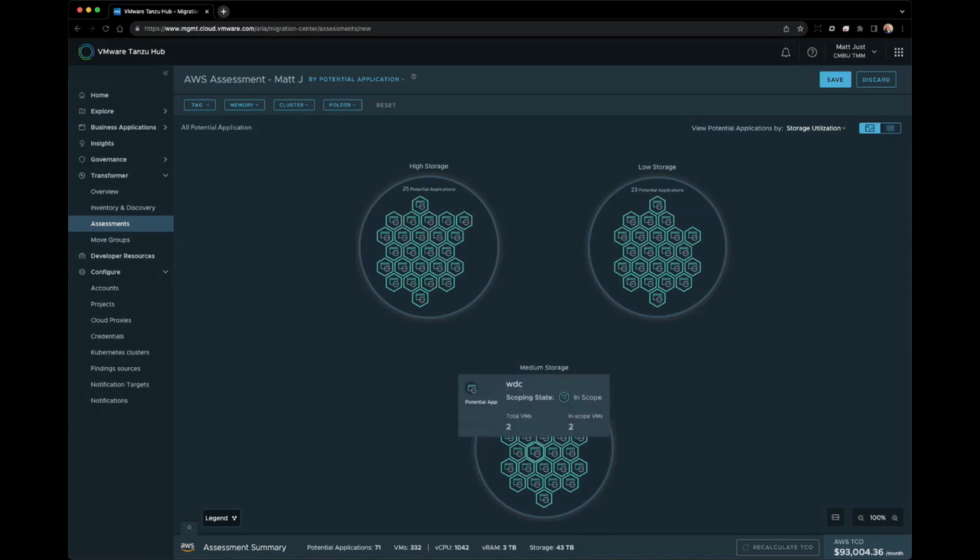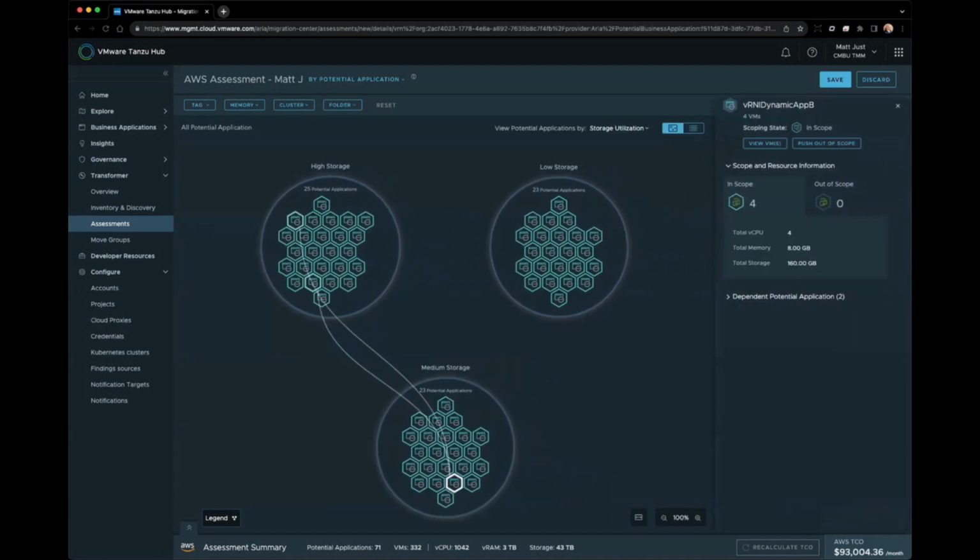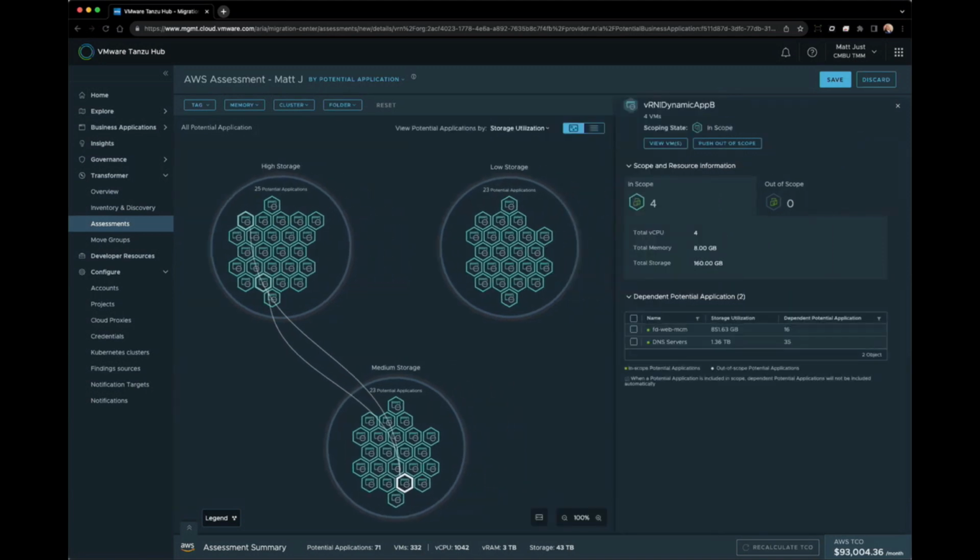So within our application, again, we can come in and choose an application to focus on. So within this one, we'll click on an application. And again, we can also take a look at the dependent potential applications. So over here, based off of the flow analysis and the data analysis that we're doing and the algorithms that we're running, we can take a look and see what my dependent potential applications or members are. So in this case, I have two potential applications with dependencies. I have an application with all of my DNS servers in it. And I also have an application labeled